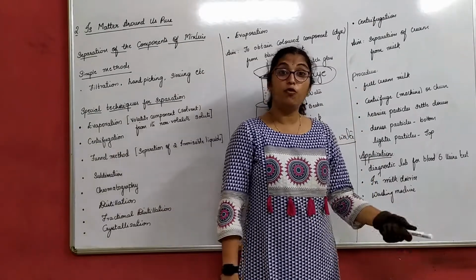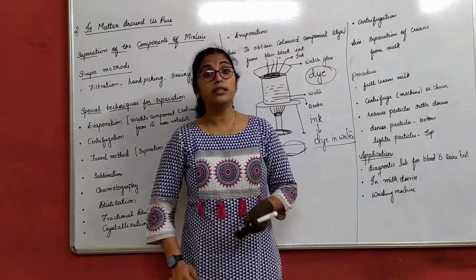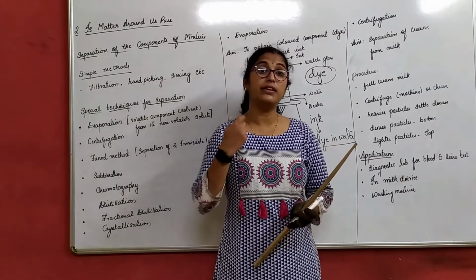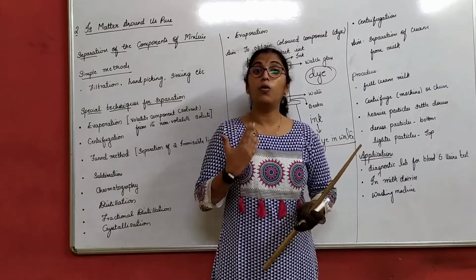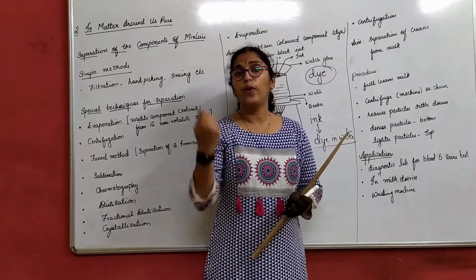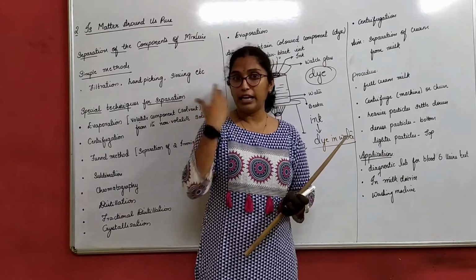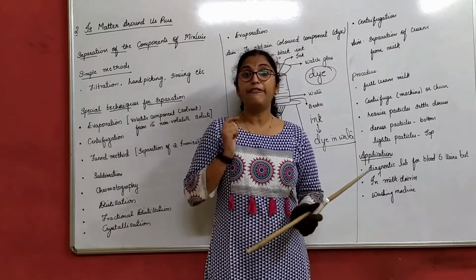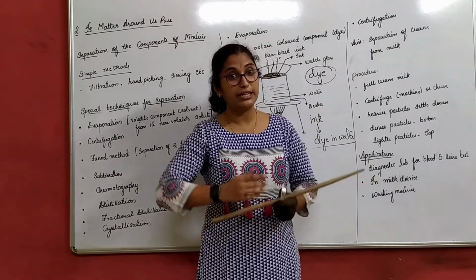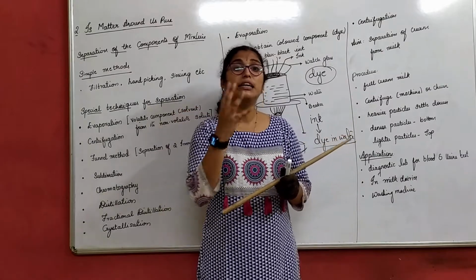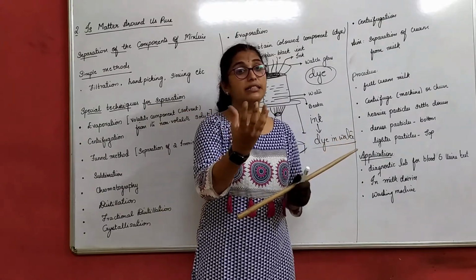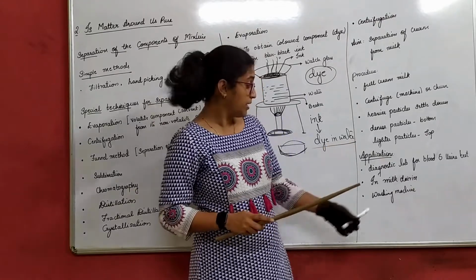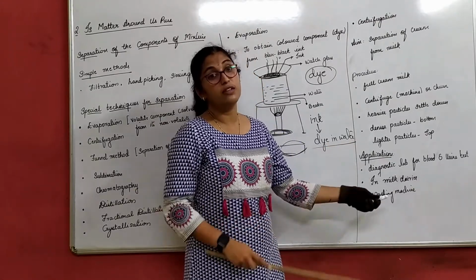We use it in the washing machine too. How are the clothes dried in a washing machine? Have you ever seen what the washing machine actually does when it is spinning? If you could actually see where the clothes are and where the water is during spinning, you will come to know that the spinning is squeezing out all the water and making the clothes dry. That technique is used in the washing machine.